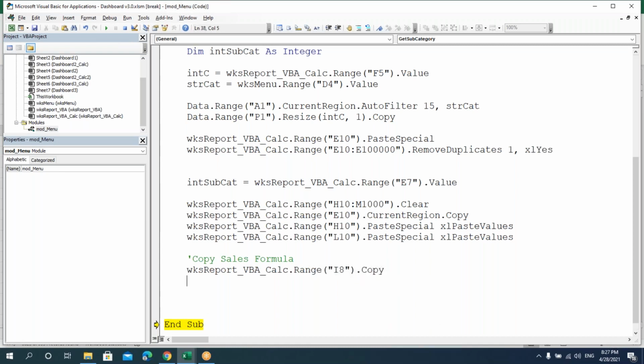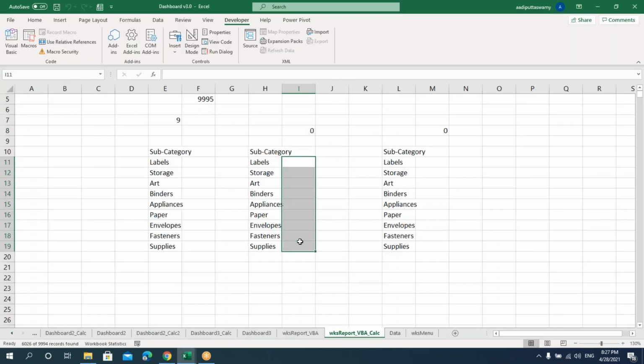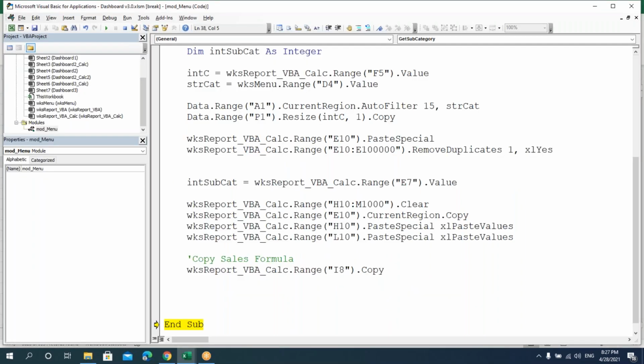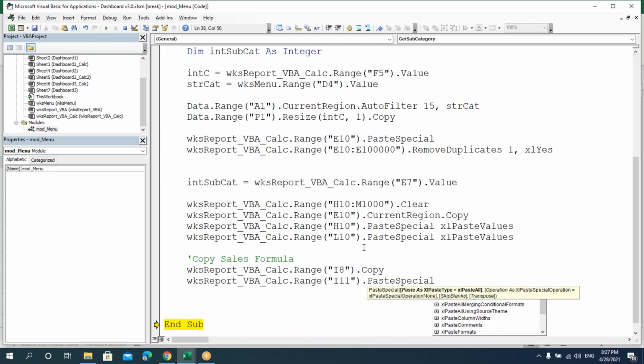That is, we're copying the formula and we are pasting it here. That is, we'll paste it from I11. Say report calculation dot range of I11 dot paste special. Just say paste special.